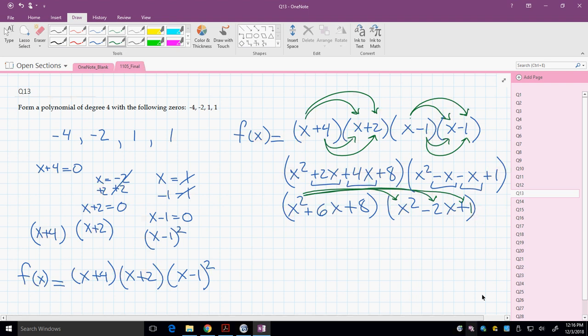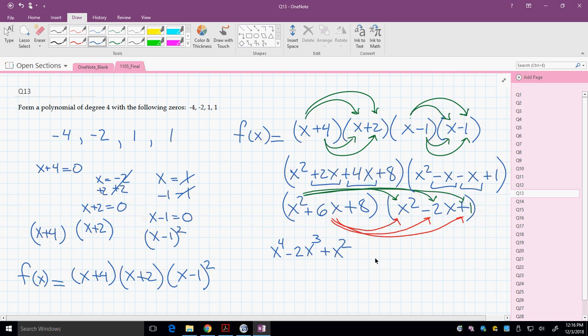There is a 1. So I have x squared times x squared, which is going to give me x to the fourth power, and then x squared times a negative 2x is going to give me negative 2x to the third power, and then x squared times 1 is going to give me x squared. Now I'm going to do the second term, 6x times each one of the next parentheses,